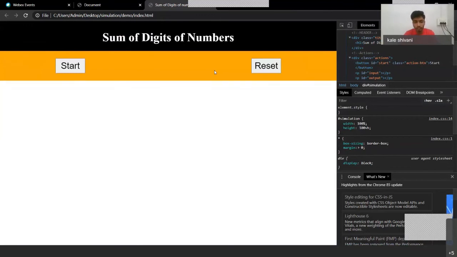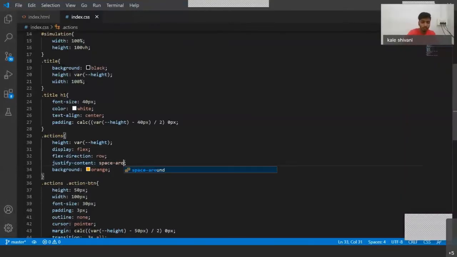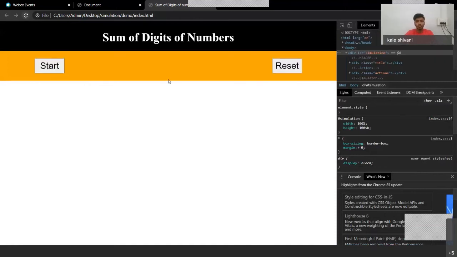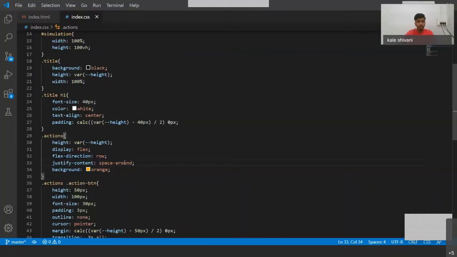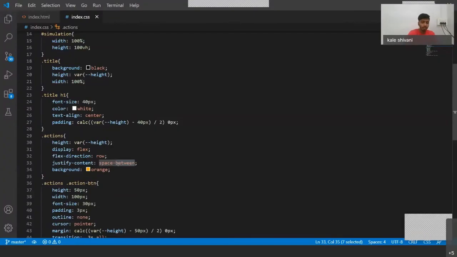So we have spread it evenly. We can change it also to space around. Let me do it around. Okay, there are little bit of changes. You can also use between. Okay, so the two elements are moved to the corner of the screen. Let it be evenly. And I have colored the background with orange color.